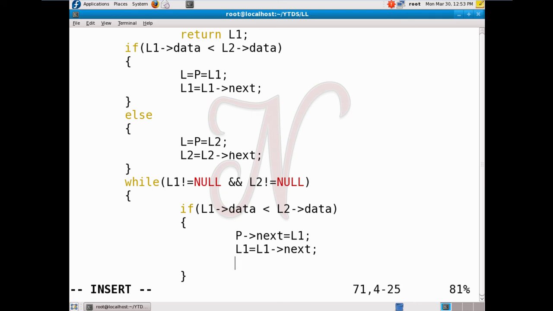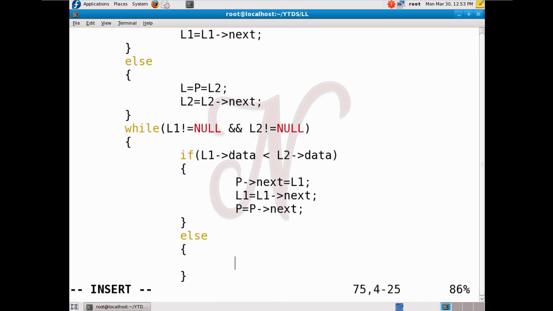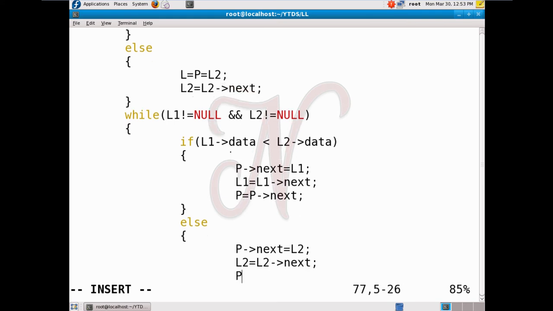Then P equal to P of next. Same here in the else part: P of next is equal to L2 and L2 equal to L2 of next and P equal to P of next.